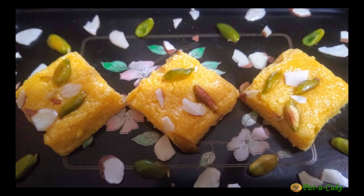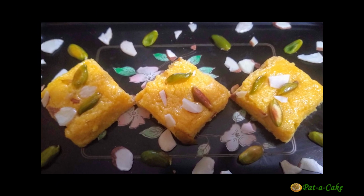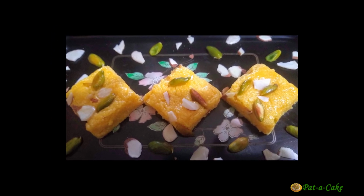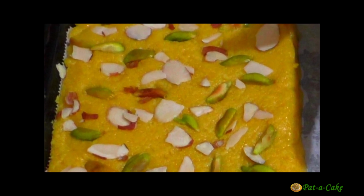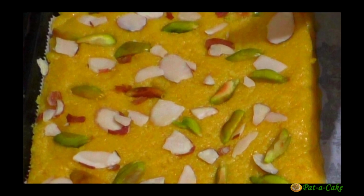Today at Batter Cake, we'll be making the third recipe from my mango dessert series. We are making a classic Indian sweet, Mango Kalakand, that doesn't need any artificial color or flavor. It just bursts with the pure, delicious taste of mangoes. So now, let me show you how to make soft and tasty Mango Kalakand in no time, right here at